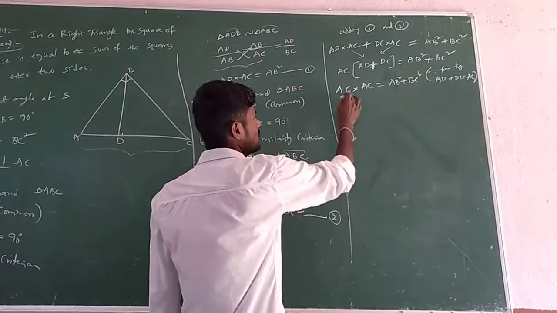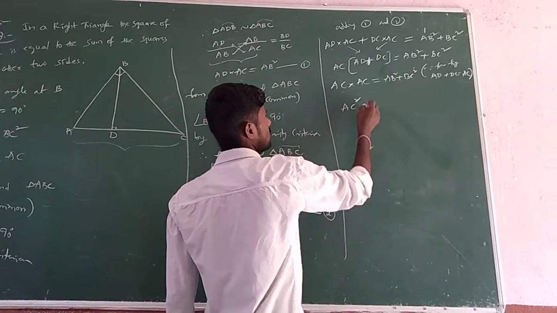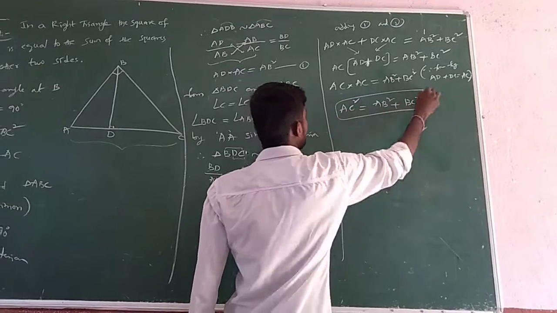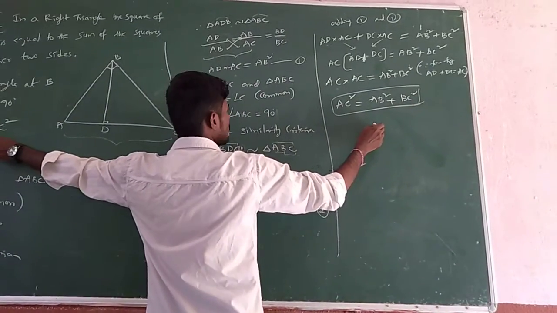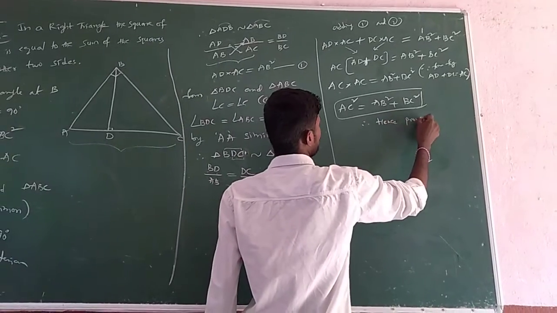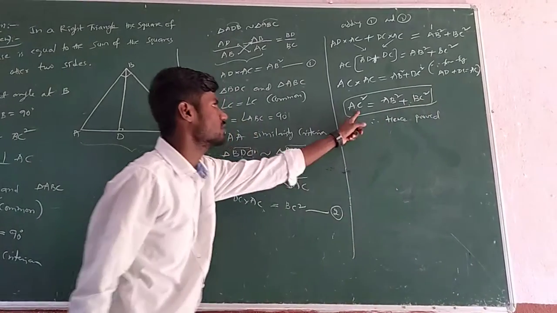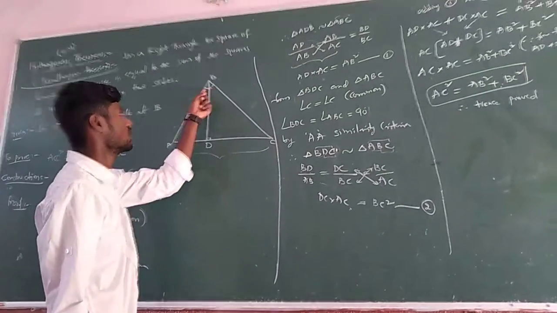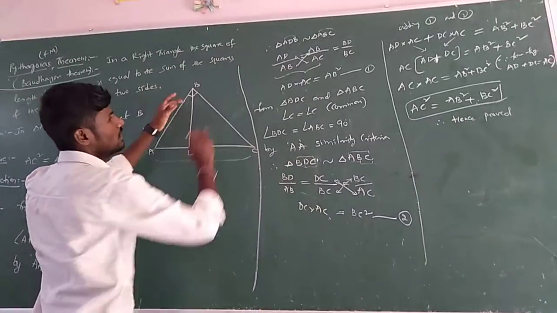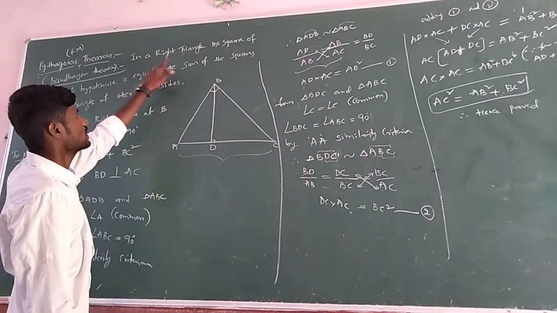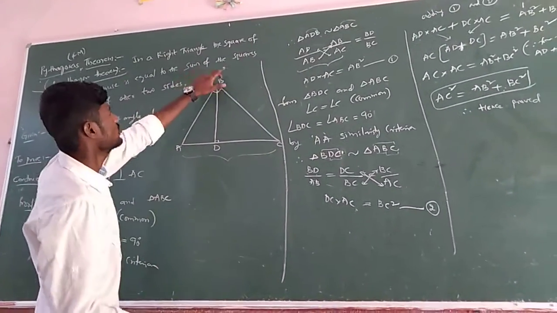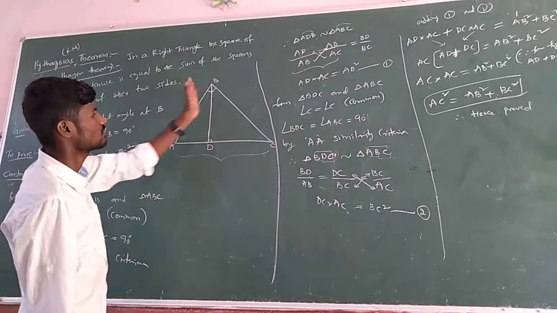That's it. Now AC square is equal to AB square plus BC square. What is this? The thing we need to prove: AC square equal to AB square plus BC square. Therefore, answer proved. From this what we can say, AC is the hypotenuse, because it is opposite to 90 degrees in the original triangle. The remaining two are the other sides, AB square plus BC square. That is the Pythagoras theorem statement: in a right angle triangle, the square of the hypotenuse AC square is equal to the sum of the squares of the lengths of the other two sides, AB square plus BC square.